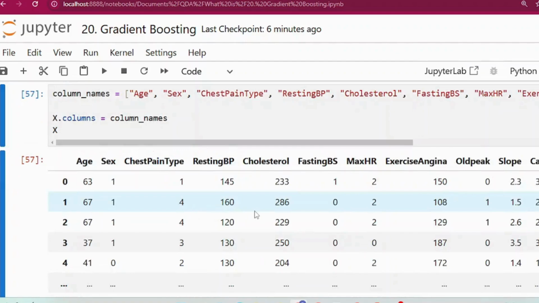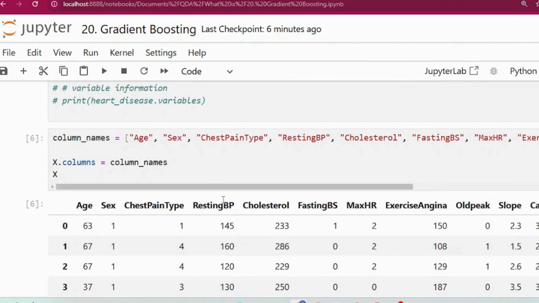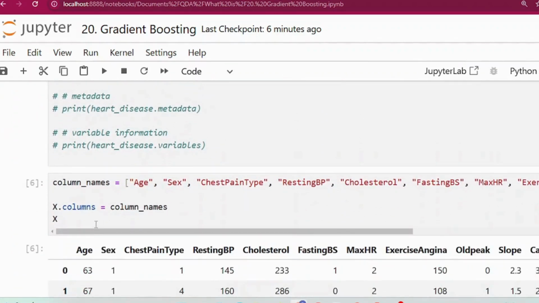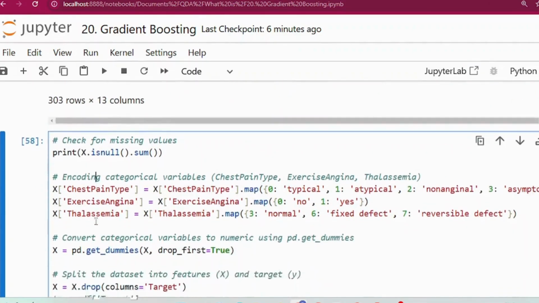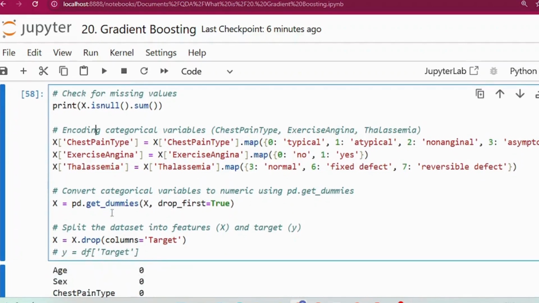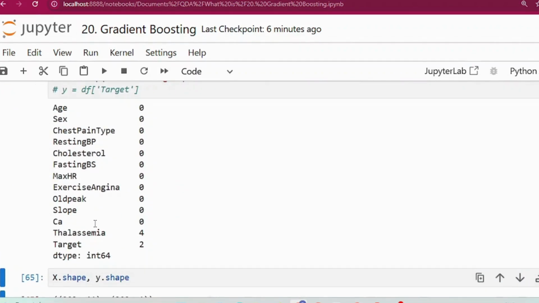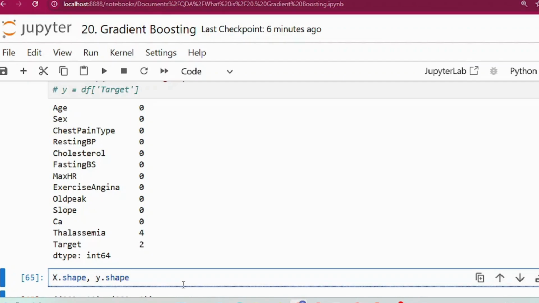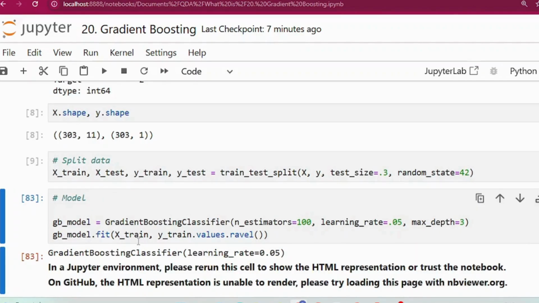So I hope this is installed, and now we can see our dataset here. I've just seen the column names here, and the next step is to check the missing values and also do the encoding for categorical variables. So there are 4 missing values in this column and 2 in the target column. And just to check the shapes of both X and y, here we are splitting the dataset,